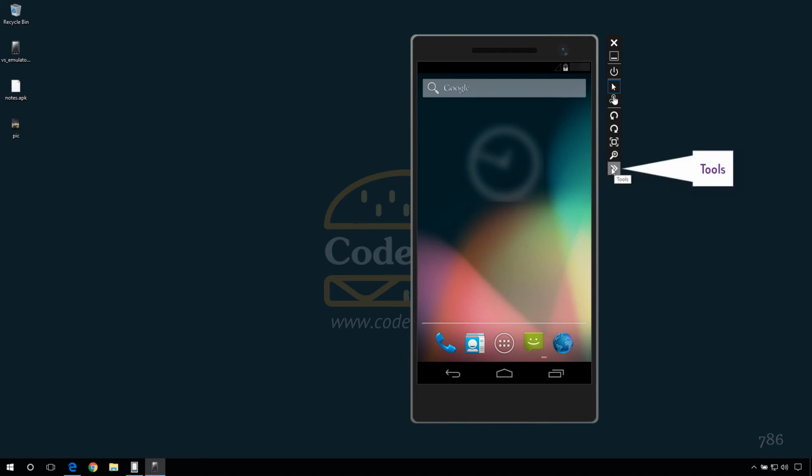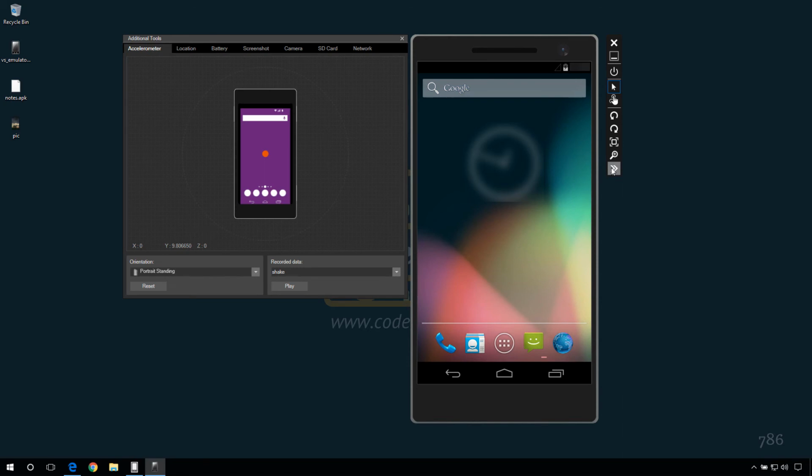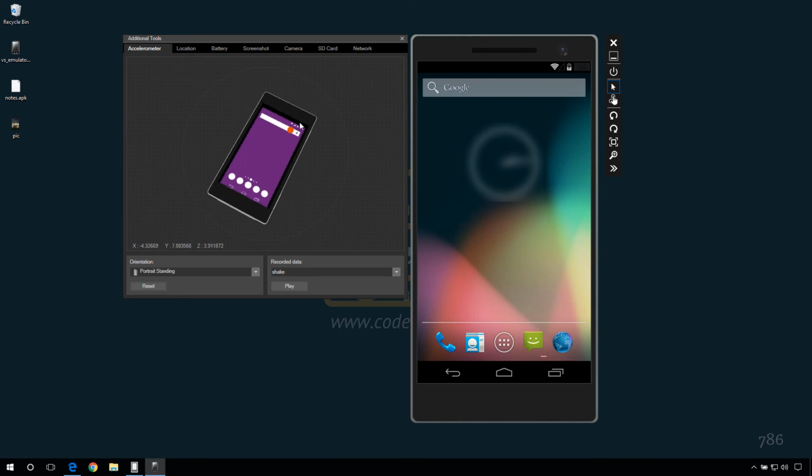Hit this arrow button to open the additional tools window, where you can control various device simulations. Let's explore the tabs. Accelerometer. If you want to test the accelerometer in your app, simply click the red dot in the middle and rotate in a 3D plane to simulate moving the device. You can see XYZ values changing.